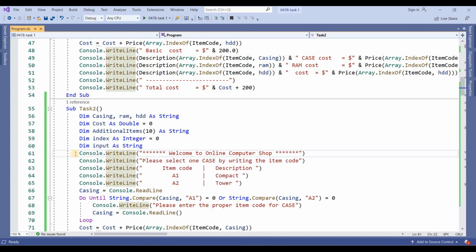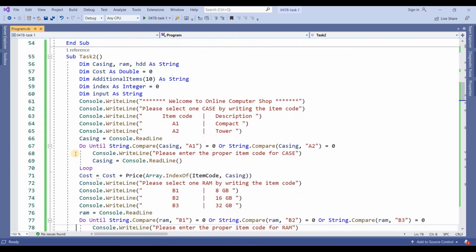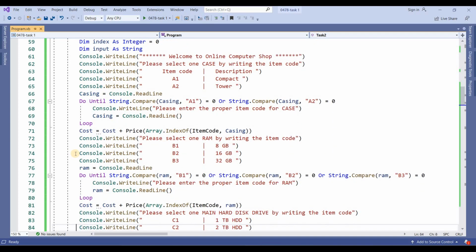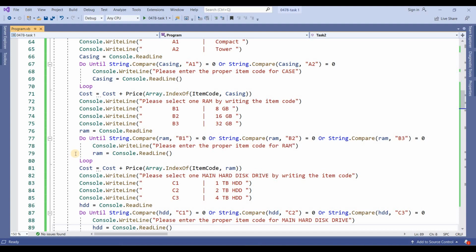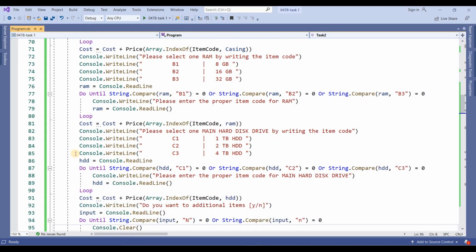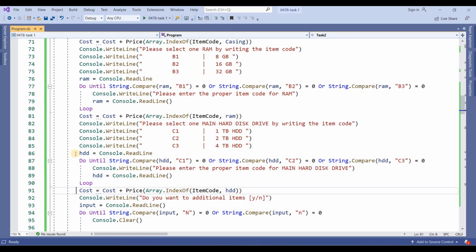From line number 61 to line number 91 is the same as we did in the code in task number 1.